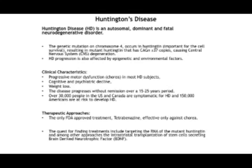Some clinical characteristics include progressive motor dysfunction, chorea in most HD subjects, cognitive and psychiatric decline, and weight loss, and the disease progresses without remission for 15 to 25 years. It affects 30,000 people in the US plus Canada, and there are at least 150,000 Americans that are at risk